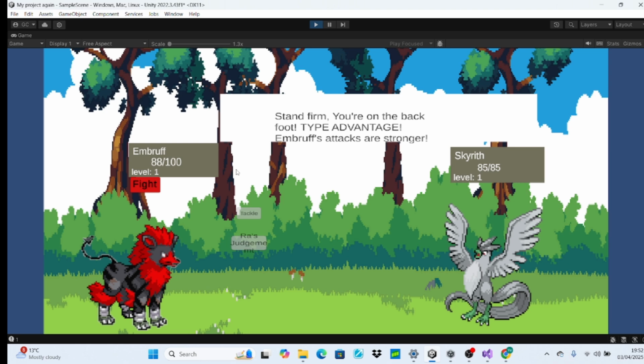At this state right now, it is the player's turn. You can see this because the fight button is interactable. This is shown by the fact that it's red. If I press the fight button, then it makes the tackle button and the move button interactable. If I press tackle,